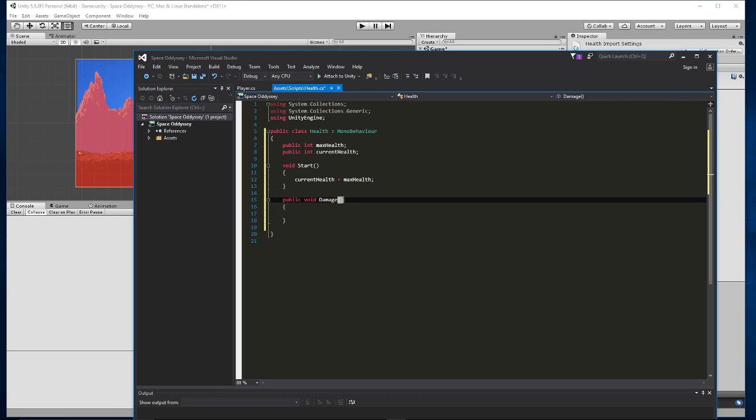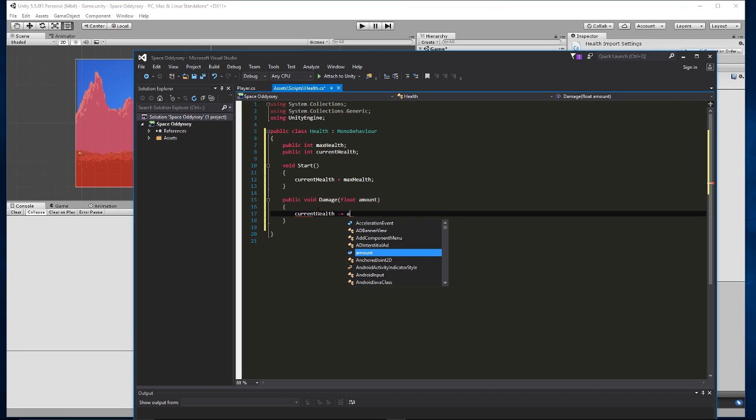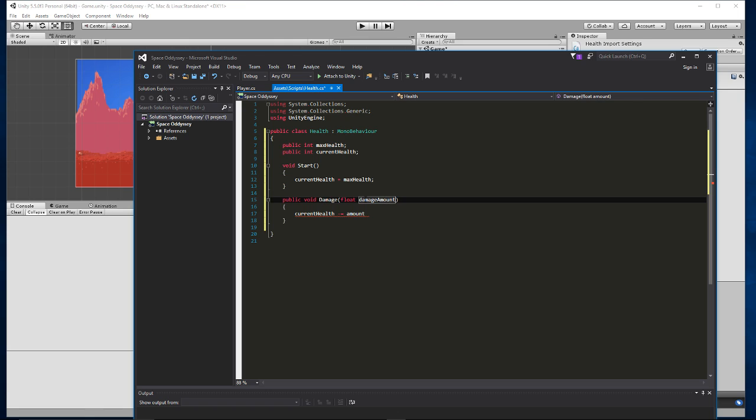Alright, so we all have a damage function, and when we call this damage function, we're going to take in an amount. And what we're going to do then is say our current health is subtracted by the amount you damage us. So here we'll call it damage amount. Whatever I pass into there is how much I get hurt by. So current health minus equals damage amount. And then here, we're going to go ahead and say